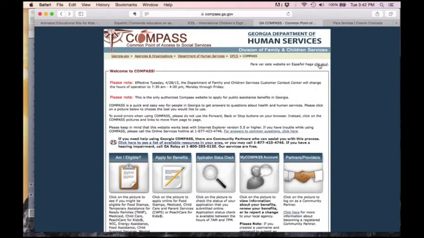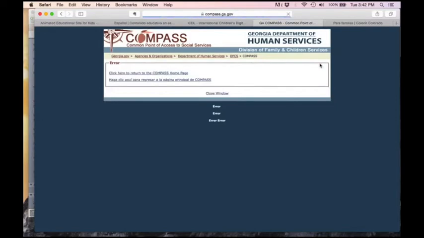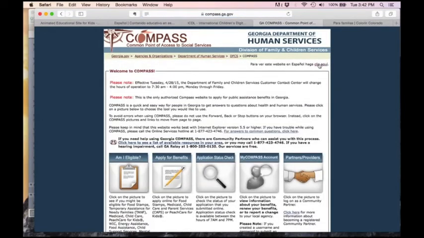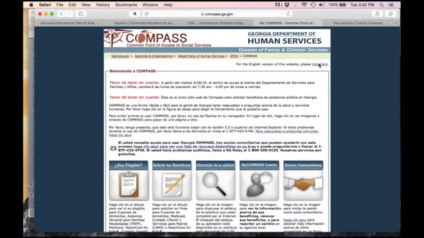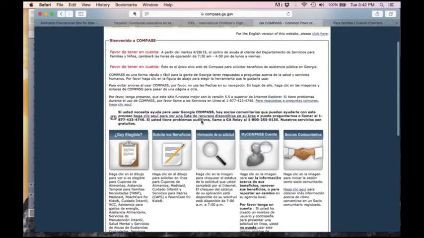So to see this website in Spanish, click here, and then, oh no, I click, oh, this was working before. Okay, here it is, all of this homepage translated to Spanish, and we have some support for people who need help actually sitting through the application.